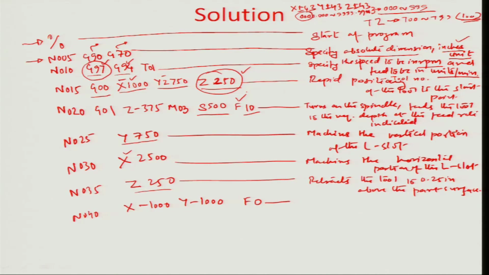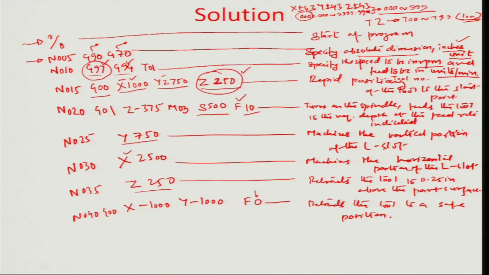So you can write G00 rapid position and X minus 1000 and Y minus 1000, and then you have to set the counter of the feed to 0 so that the feed can now be taken back by the G00 command. So this retracts the tool to a safe position,